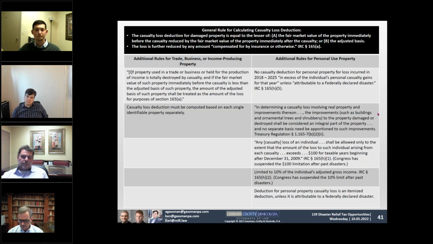When we're looking at personal use property, you are able to combine the land, the dwelling, and say the shrubs that are associated with the property. Now, if you were using that for a business, you would have to have three different calculations: one for the building, one for the land, one for the shrubs. In this situation, you're able to just combine them together, and it can have a better tax result for the taxpayer depending on what the basis is in the property and what the actual losses are, as we can see later.